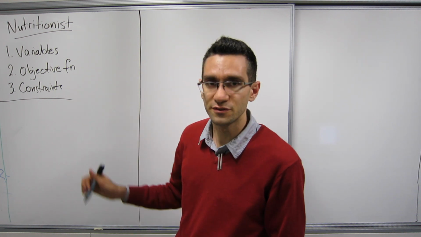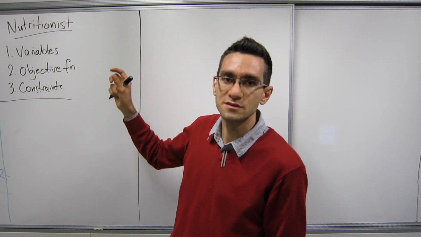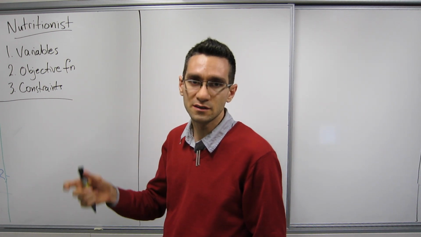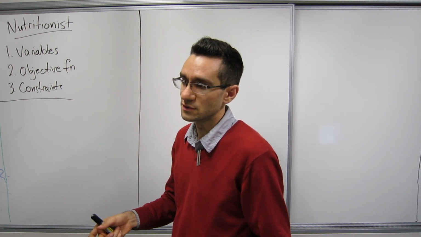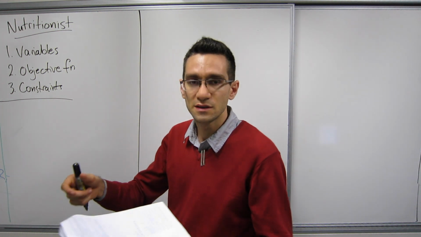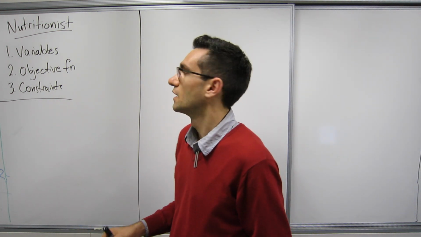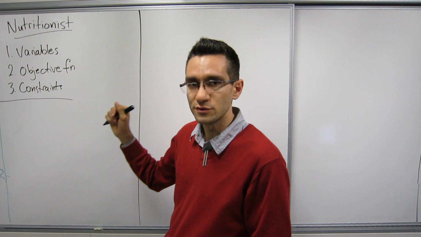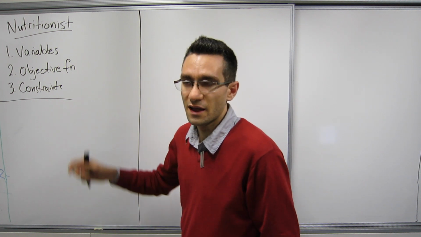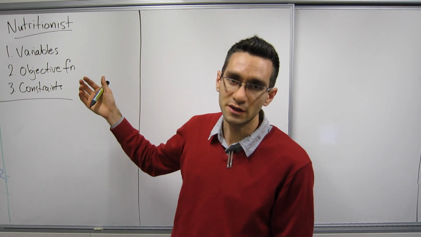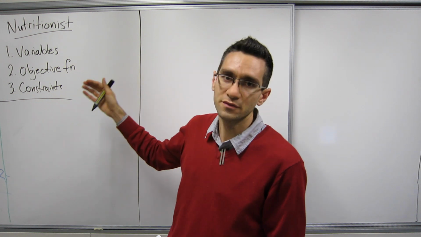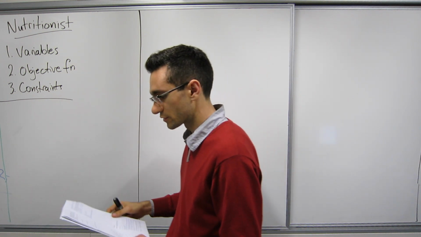And so first we want to find the variables. These are the things we can control, the things that can be adjusted, something we want to find the quantity of. And then in terms of those, we find the objective function, and that is something we want to minimize or maximize, and then we'll figure out the constraints. So looking at the problem,